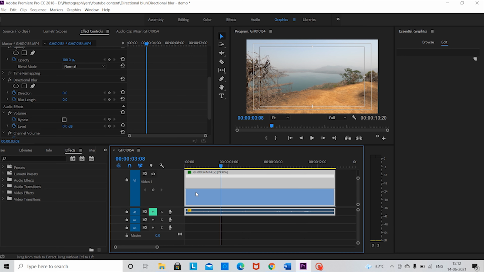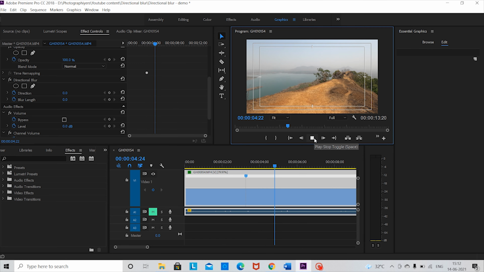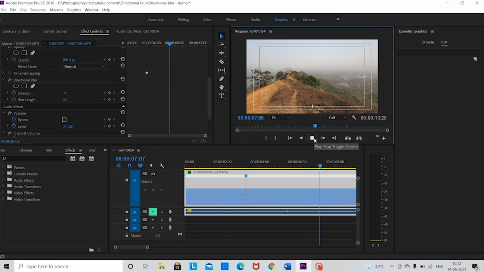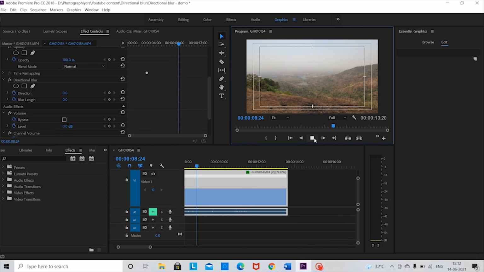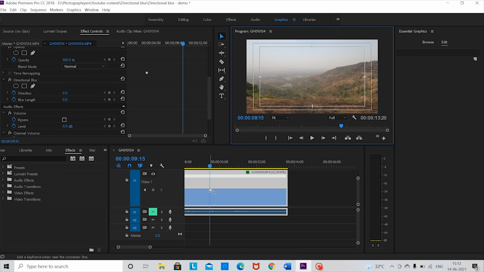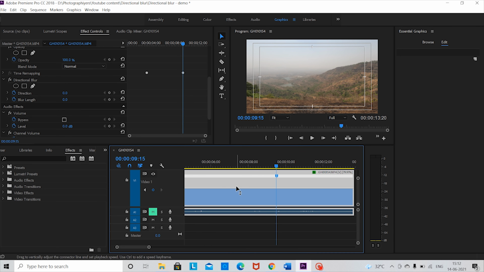So let's zoom into the video sequence, and to select the start point of the time remapping, you need to press Ctrl and click on the start point. And now moving on to the end point of the time remapping. I guess I will have my end point till over here. Yeah. Now it's time to speed up that particular part which we had selected. So I guess I will speed it up by 800 or 900%.